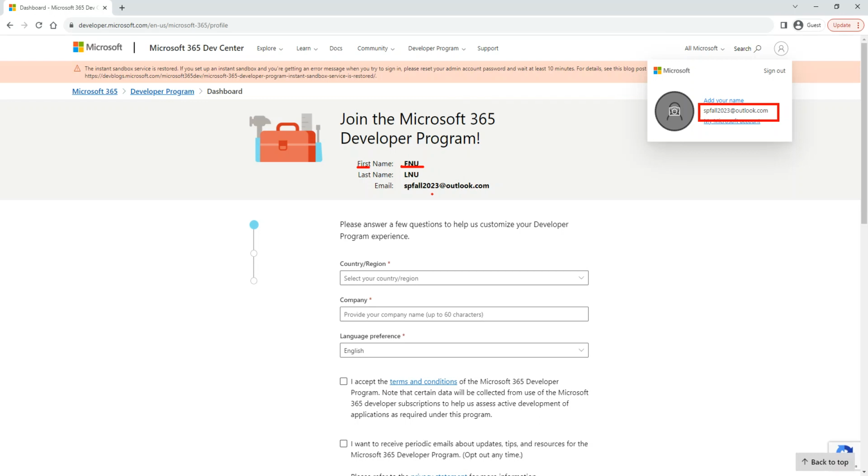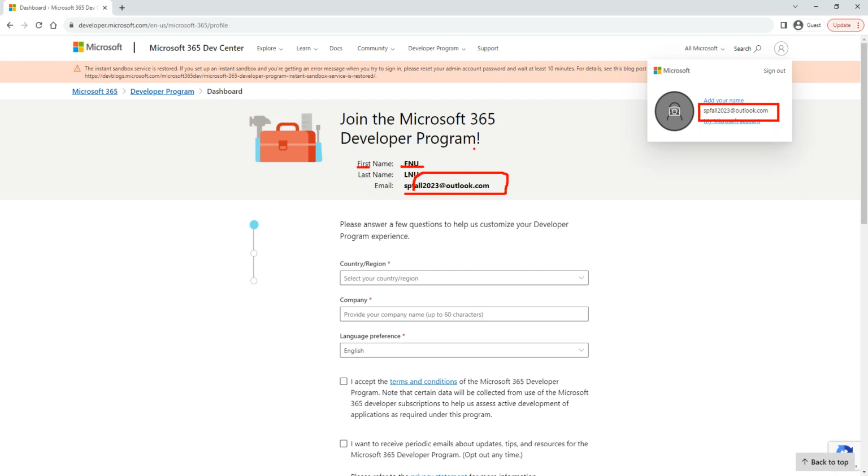I'll change it later on, but for now, FNU is fine. That's my email, and then it is asking me some questions so that I can join the Office 365 developer program. Once you go through that, using your email, Gmail or Yahoo or whatever email account you have, it's gonna take you to this stage.